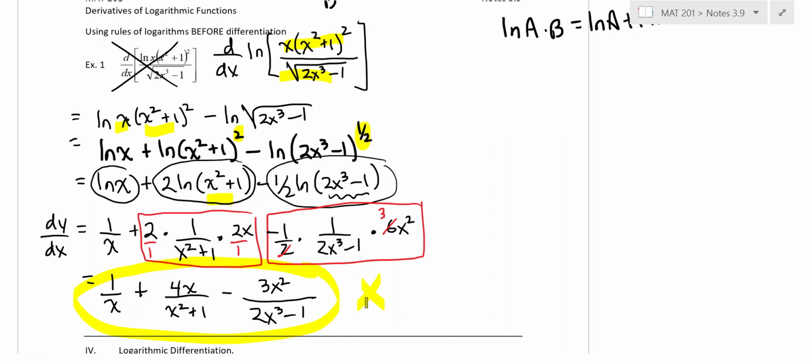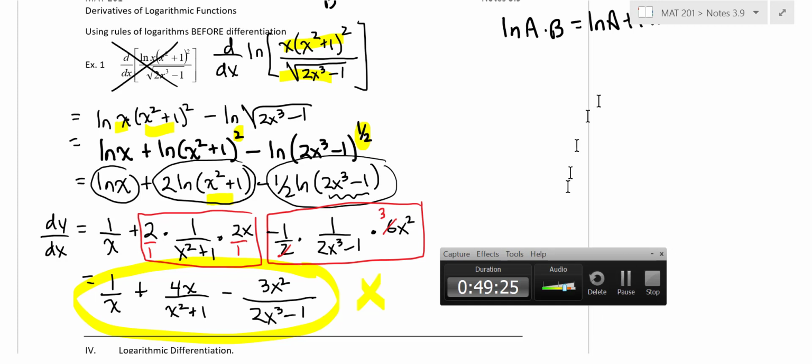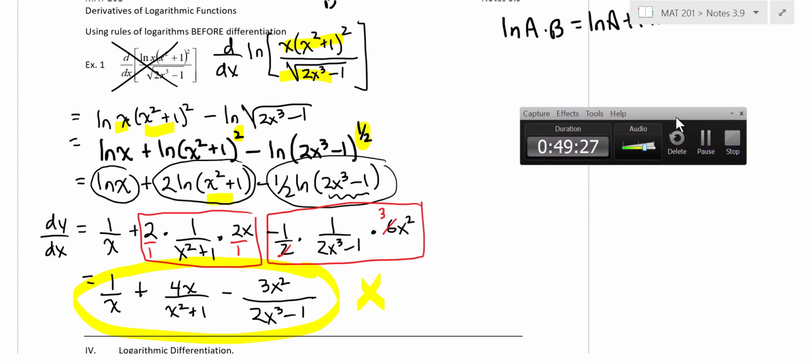So we'll go ahead and stop there. The next thing we'll do is logarithmic differentiation, which takes advantage of the fact that when you have very messy expressions, it's better to use logarithm properties, and then the derivative becomes easier. Does that make any sense? Okay? Yeah, so you want to pay attention to that when you're